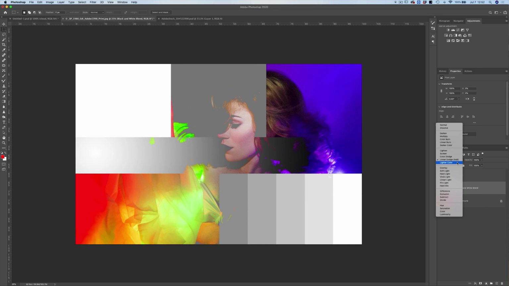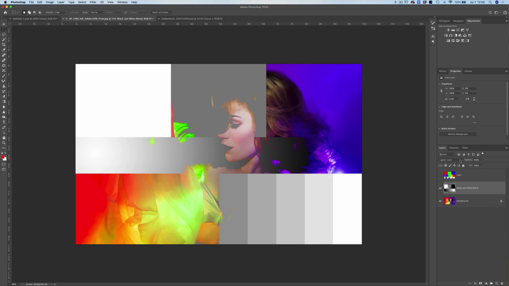Lastly, we have lighter color. Whatever color is lighter wins out and is going to stay. So of course our black box is invisible. With the 50% gray, only where the color is lighter are we going to see aspects of the base layer. And then on our white square, everything is gone, okay? And again, you can see along the bottom here what I'm talking about as well. Again, this is quite similar to our lighten blend mode. The difference is the lighten blend mode takes into account the RGB channels, and lighter color just looks at your image.